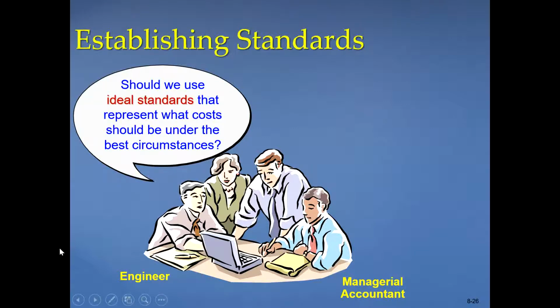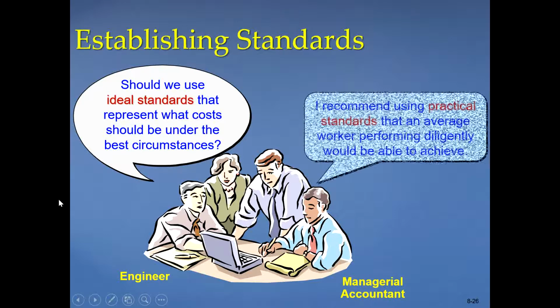This is what, let's say in real life, an engineer should say: okay, we should use ideal standards. There should not be any material waste, for example, or any labor inefficiencies because of machine downtime, maybe a breakdown of a machine or maintenance. So meeting these ideal standards is not possible, right? But maybe a managerial